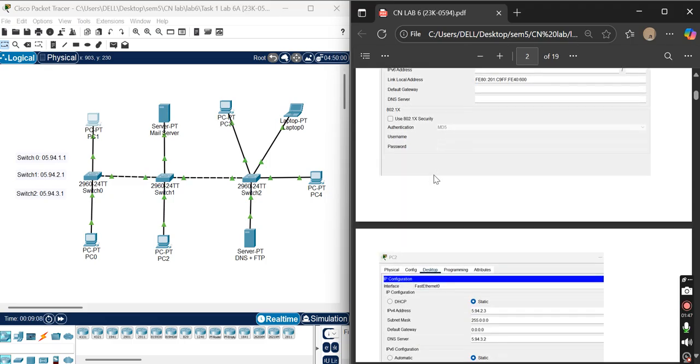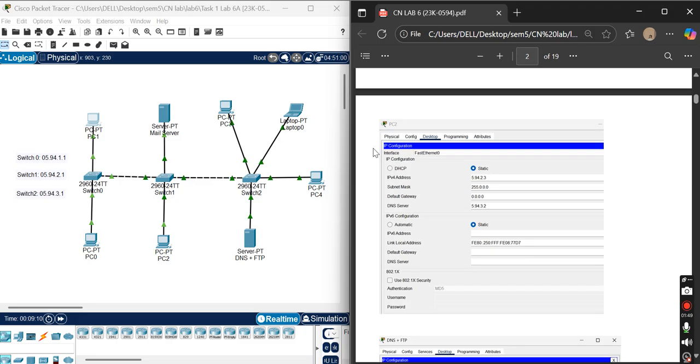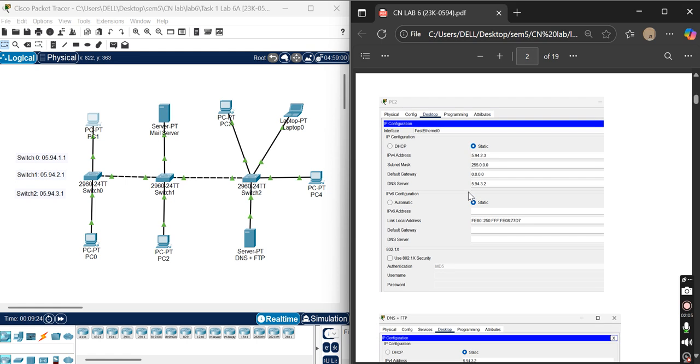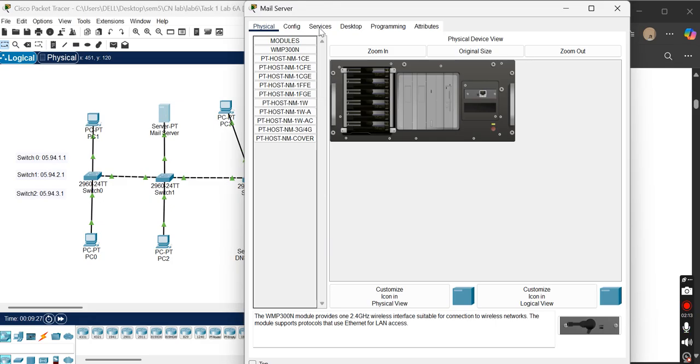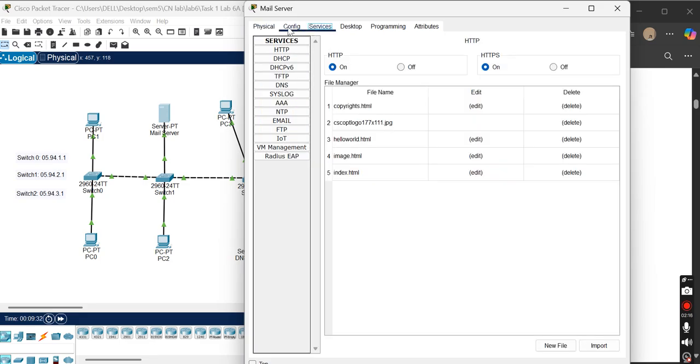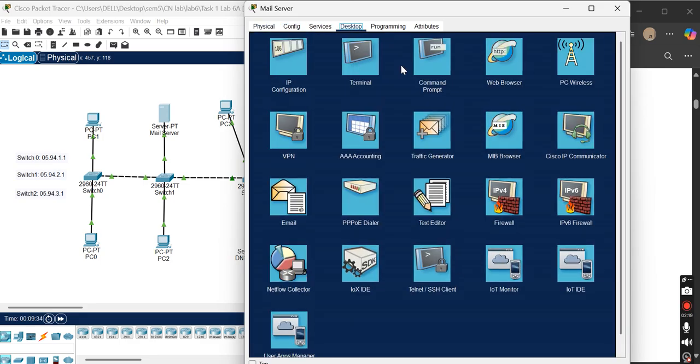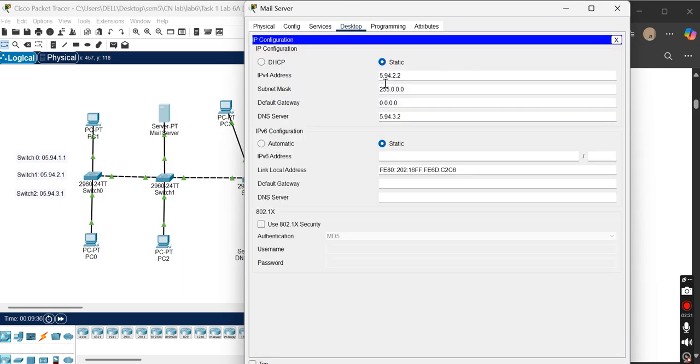And similarly, as our switch 1 has a network of 05.94.2.1, I assigned the configuration 5.94.2.3 to PC number 2 and the mail server that is connected to switch 1. And we can see the mail server's configuration here. Here, as you can see, .2.2.